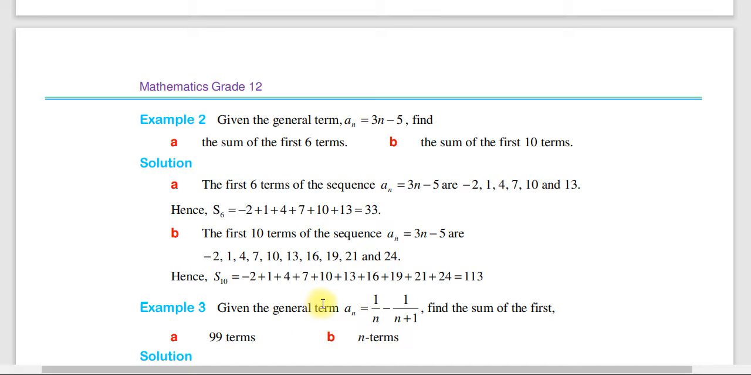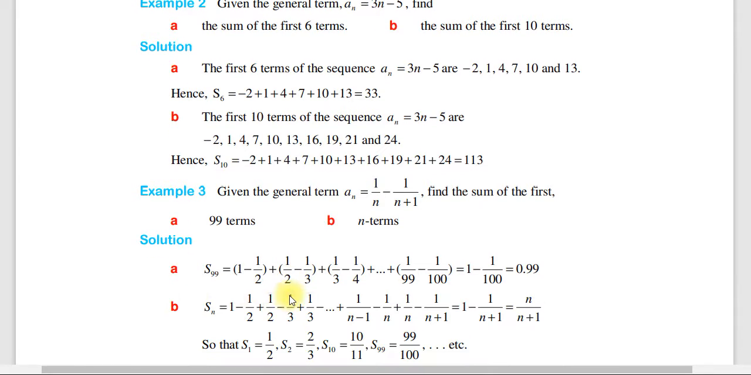ሌላ አሁንም ሌላ ምሳሌ ጀነራል ፎርሙላ ተሰጥቶን ወይም the general term an is equals to 1 over n minus 1 over n plus 1 ቢሰጥ find the sum of the first 99 terms and n terms ፈልጉ ቢባል ሳሜሽኑን አሁን የn ተርምን ሳሜሽን ፈልጉ ቢባል እንዴት ነው ልንፈልገው የምንችል ነው? ሶ ወደ ሶሉሽናችን ስናልፍ